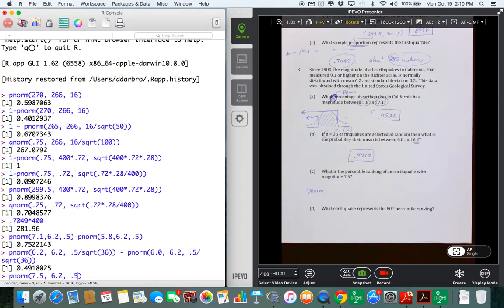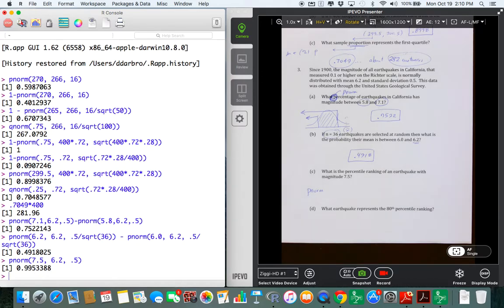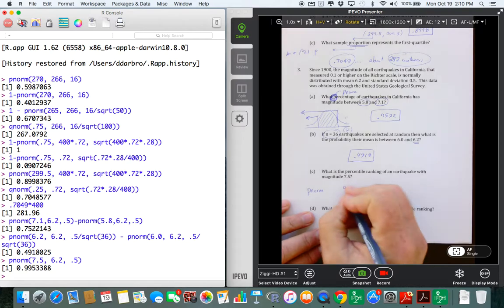It doesn't say what's the percentile ranking for the sample mean for n equal 50 earthquakes. It just says one of them. What's the percentile ranking for that particular earthquake? So I don't have to divide by the square root of the sample size. The sample size is 1. So this would be at the 99.5th